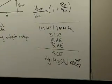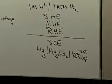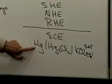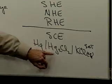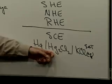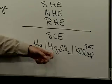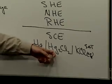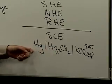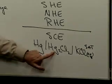Now, this cell has all kinds of things going for it. Not only will it not blow up, you have a pure liquid here, mercury, and you have a sparingly soluble salt right here. And so the concentration of the mercurous ions in the solution, and mercury in the mercury, is a constant. That ratio in the Nernst equation simply doesn't change until 1,000 years have passed and the mercurous chloride finally